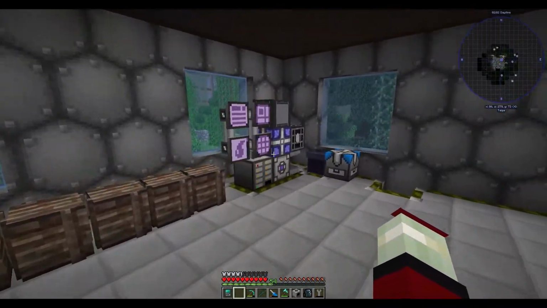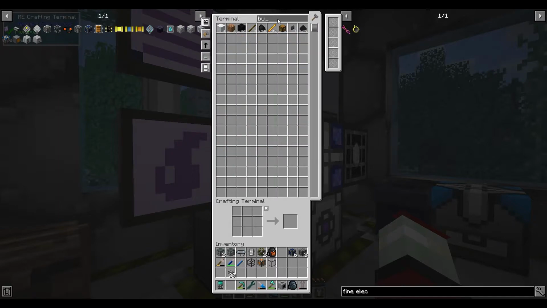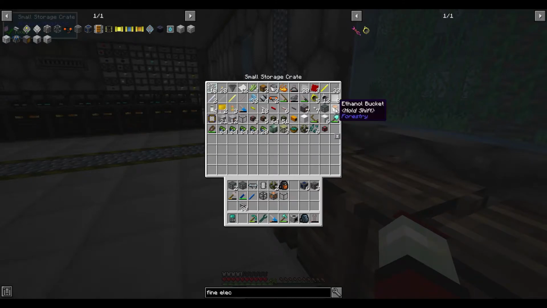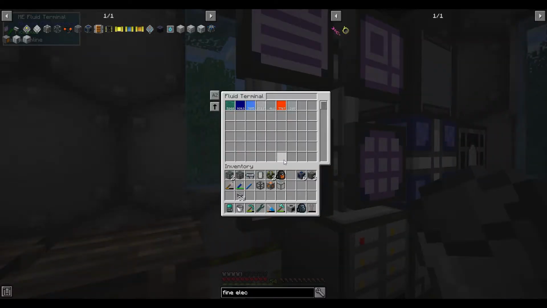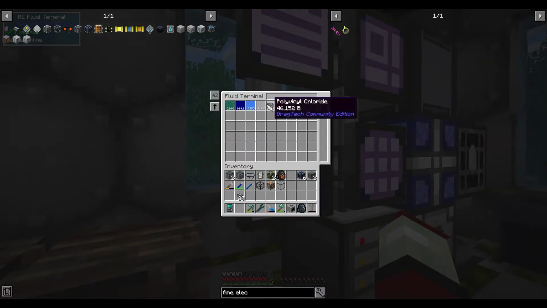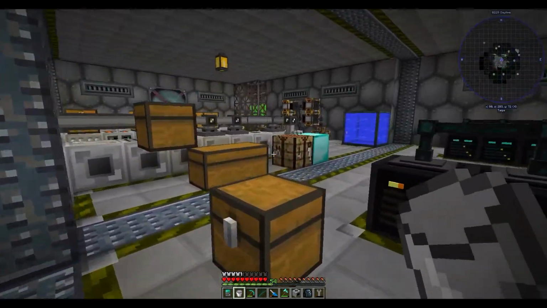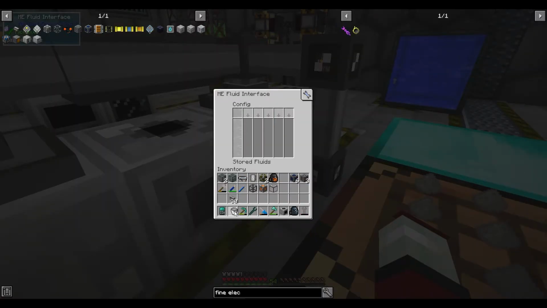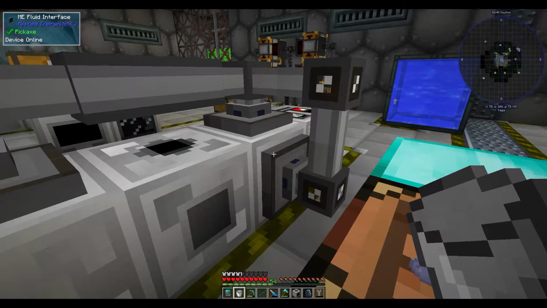So I'm going to just go grab a bucket. I have a bucket to hand. No, not in that one, so it must be in one of these chests. And very slowly but surely getting everything out of these chests. Right, and I want polyvinyl chloride. No, I want polyethylene. And what I'll do is if I go over to here, go to my interface, drop that in, what should happen any minute,